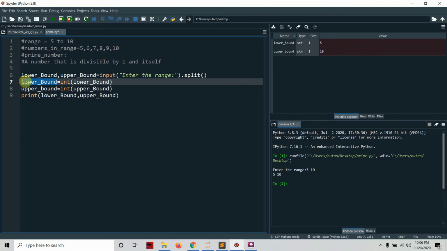to the same variable. Okay, so this is still string, this is also string, but these two variables become integer, and we'll be using them in our further program. Okay, so let me just run this,